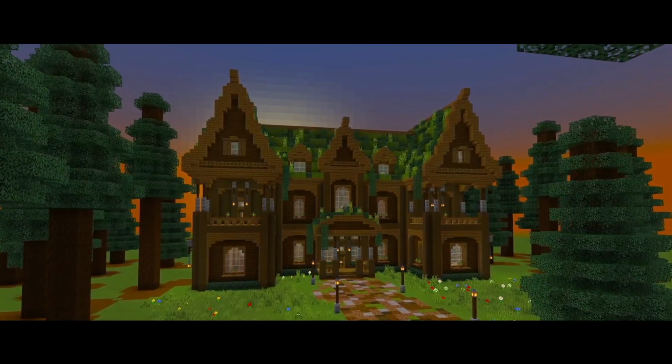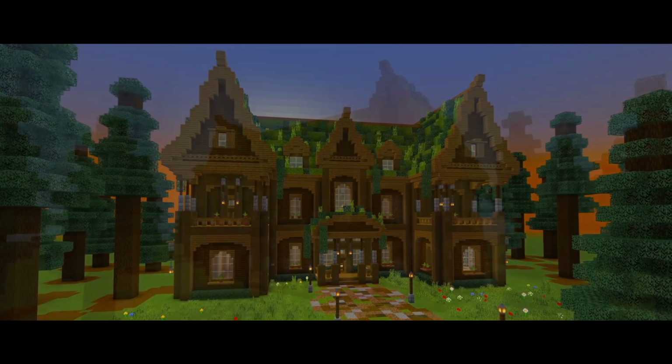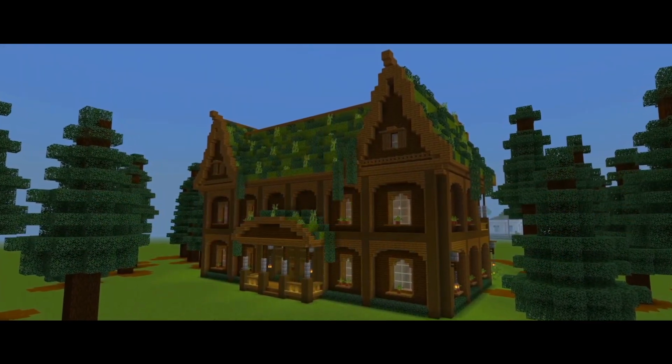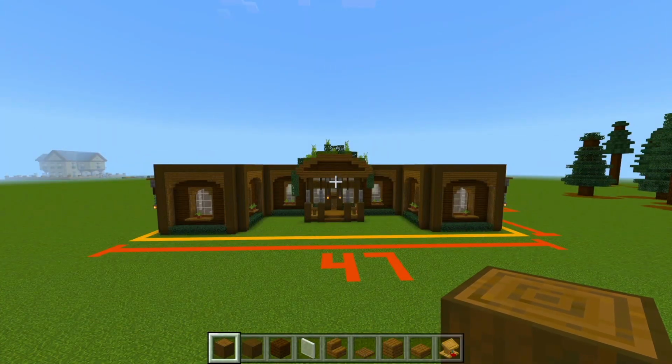Hey guys, welcome back to part 2 for this tutorial on how to build this wooden mansion. Here in this one, I'm going to try to finish the rest of the exterior of the house. We're going to be using a lot of the same blocks that we used in the previous video, so make